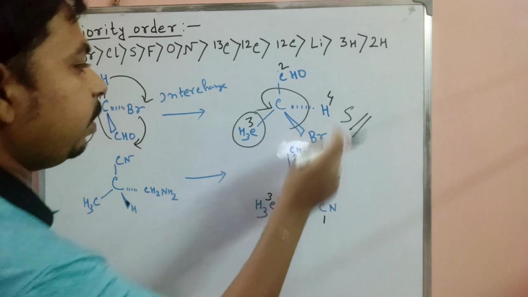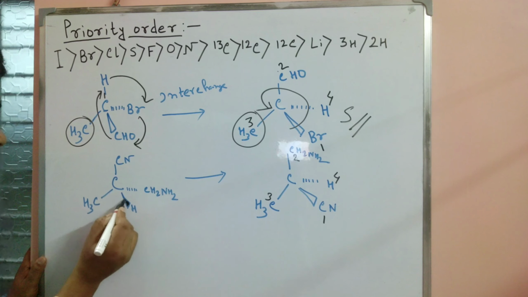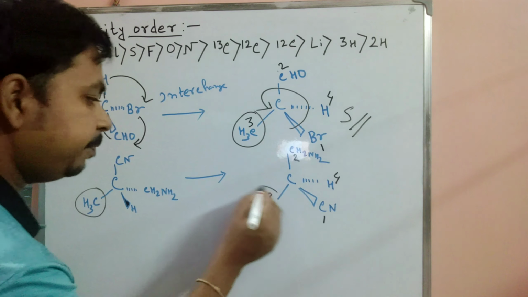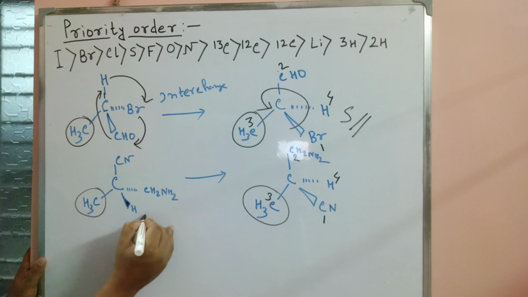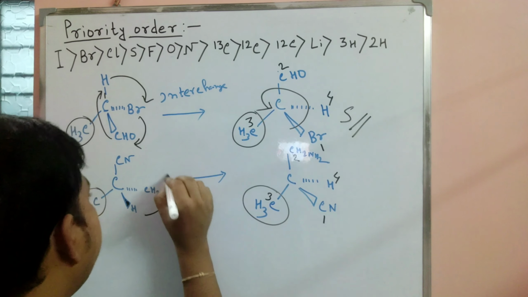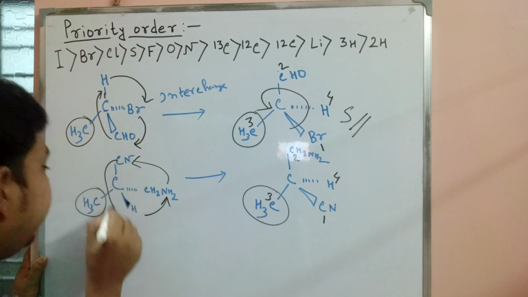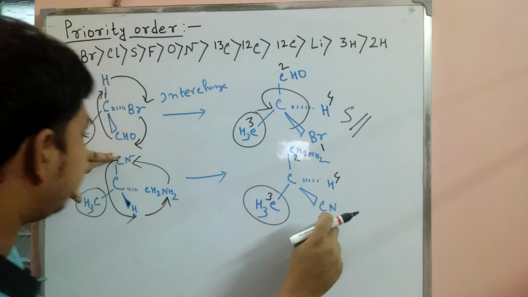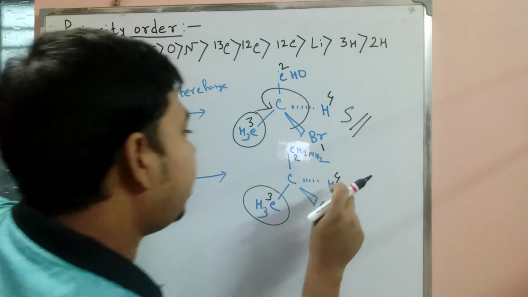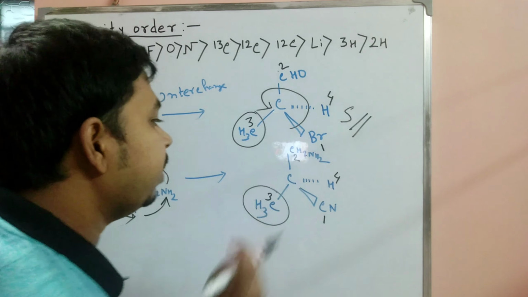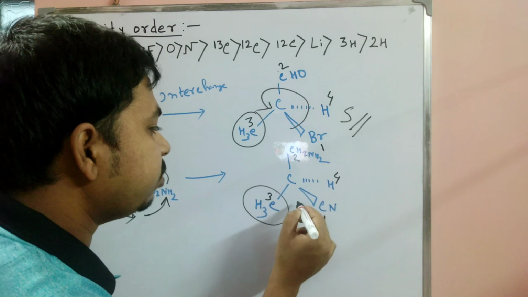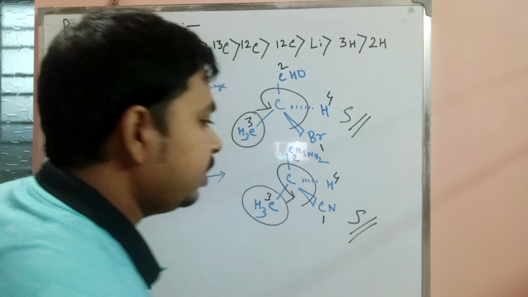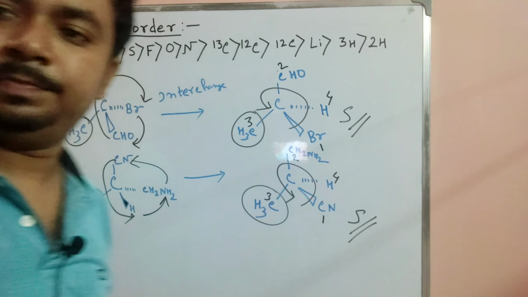Then our next example is where hydrogen is bold. So at first, our requirement is that the CH3 group is fixed here, and then the hydrogen group is downside, and this group is shifted here, and the C double bond N group is present upside. So as per our requirement, C double bond N is upside and hydrogen goes downside, and this molecule is planar. So here 1 2 3, this one is anti-clockwise, so S configuration also occurs.